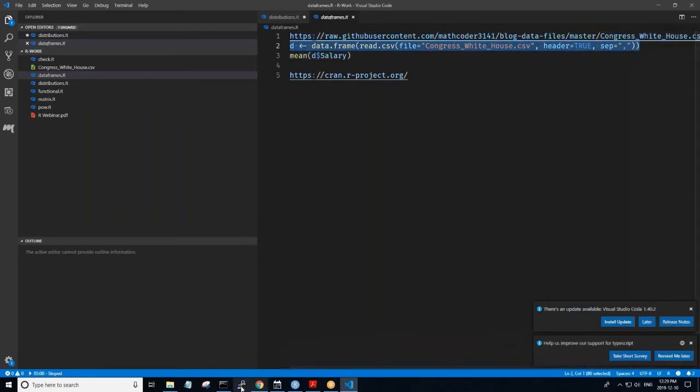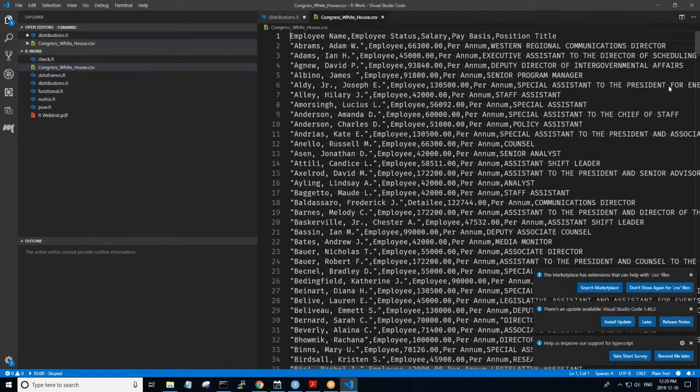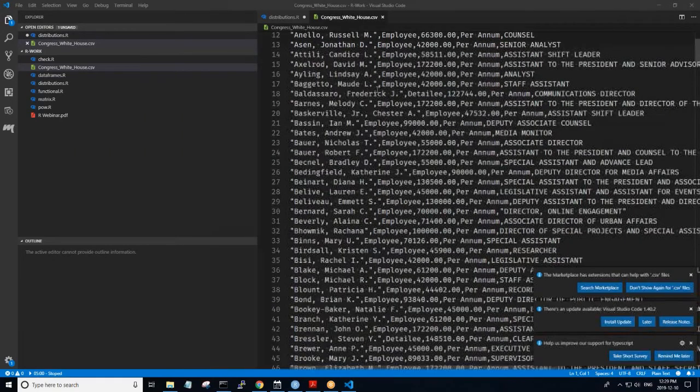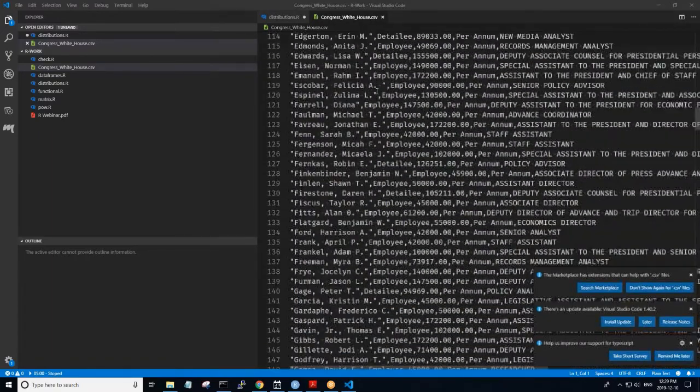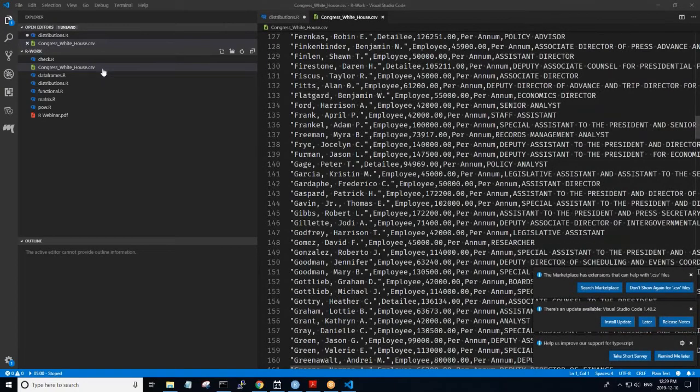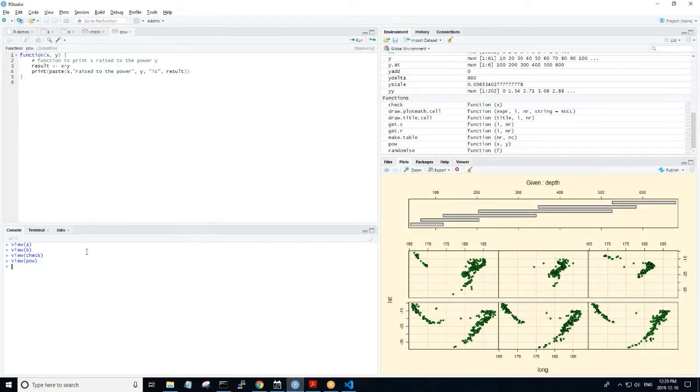What I've done is I have gone to a source for data, and I've been able to pull down this data source, which is income for White House employees and their title for 2010. So this is in a CSV file format. What R allows me to do is to very quickly bring that data into R.